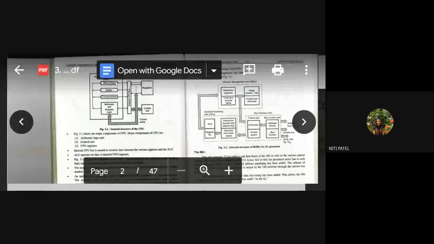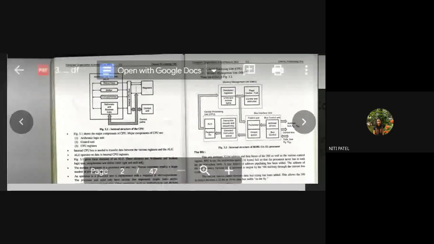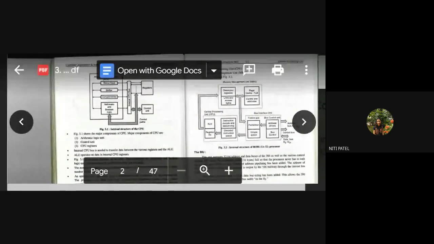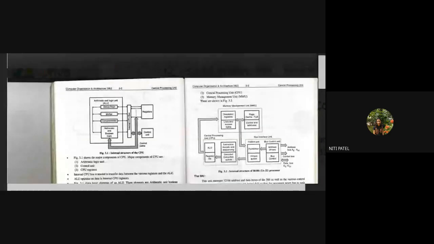Okay. So if you see the diagram, as we just saw, there are three major components of your CPU. The first part is your ALU, the second part is your registers, and the third part is your control unit. Now what is there inside the ALU? If you see in this diagram, the arithmetic and logic unit consists of a status flag, a shifter, a complementer, and arithmetic and Boolean logic. That means whatever arithmetic and logical functions your program has, or if the input is given by the user, who is going to perform those arithmetic functions?